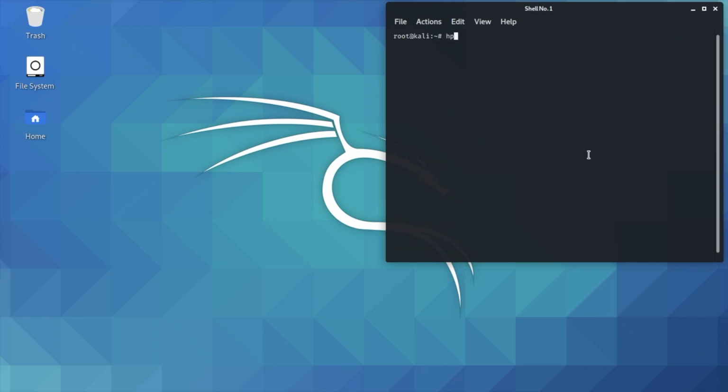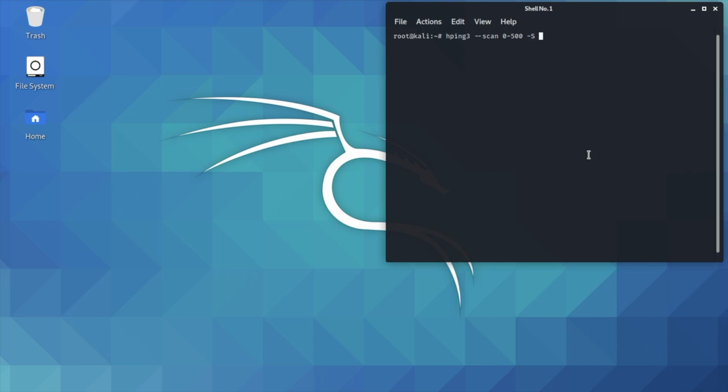Type hping --scan, and suppose I want to scan the top 500 ports. I have to specify the upper bound and lower bound like this, and I'll keep S. S is the parameter for TCP SYN scan.